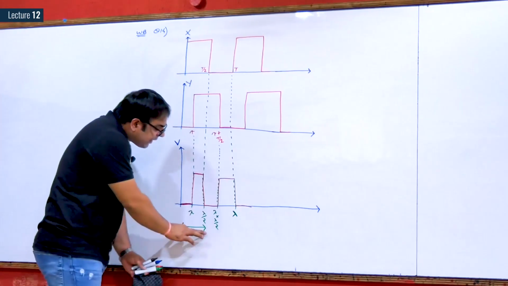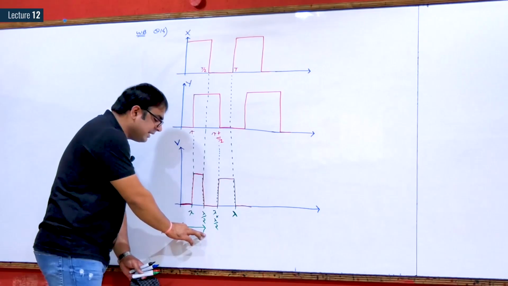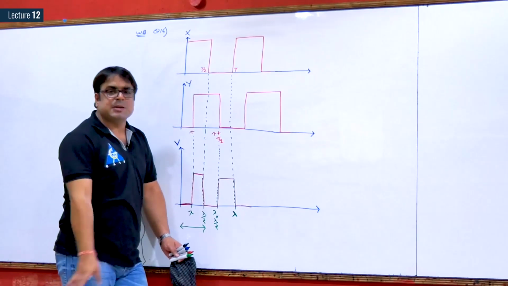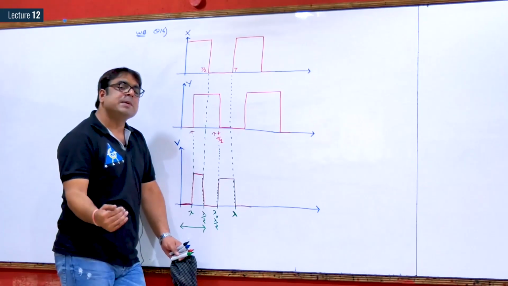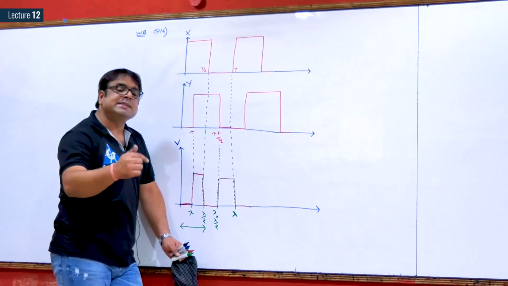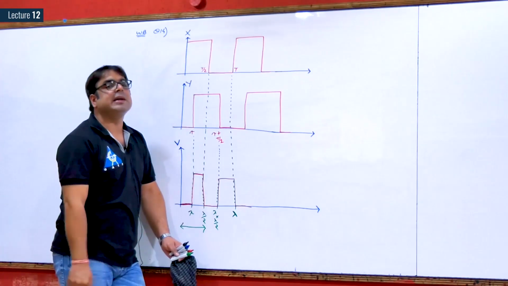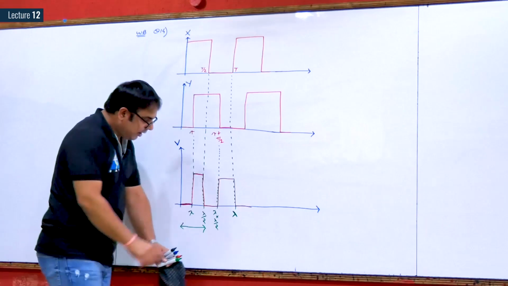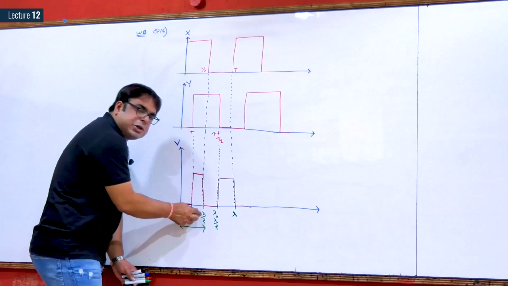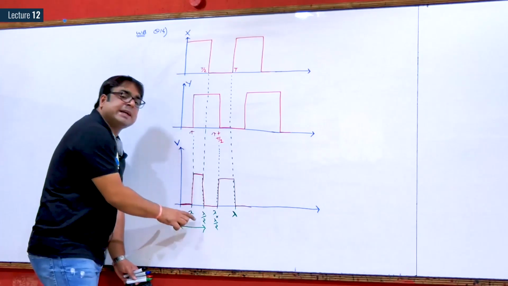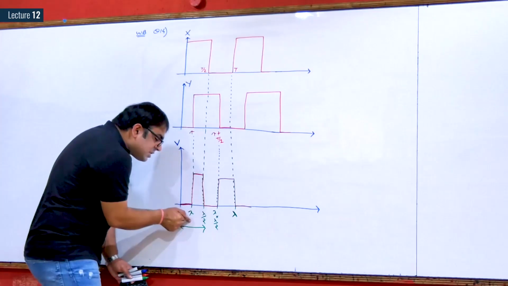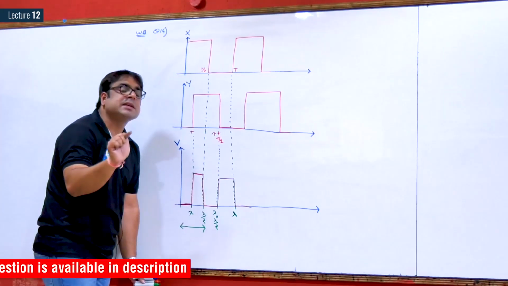So, I will try to find the average from 0 to T by 2. How to find the average is very simple. Integrate one time period and divide by the time period, or I should say integrate one cycle and divide by the time period. My range of consideration is 0 to T by 2. So the time period of this periodic waveform is T by 2 only.